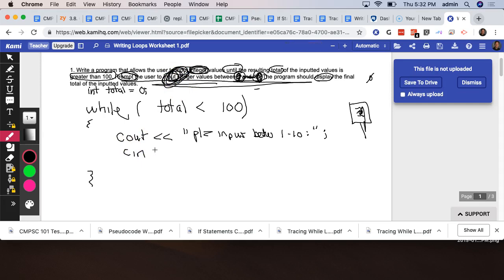And don't forget, cin needs the insertion operator, not the extraction operator. In other words, it needs that thing. And cin needs that variable name total. No, total's the total. We need another place to put our